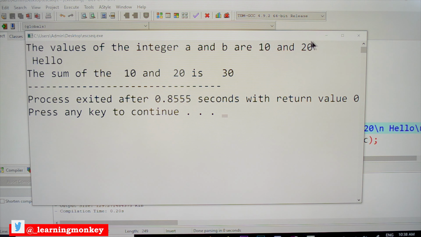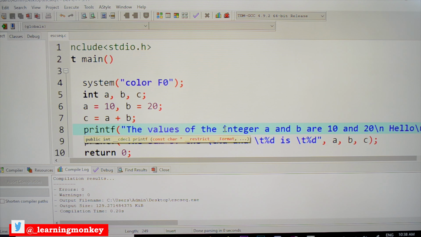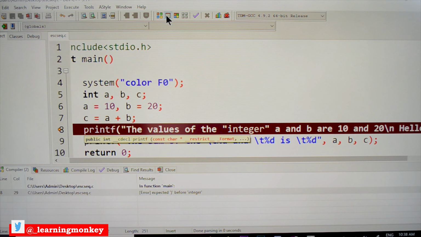And for example, if I want to print double quotes within the statement, just see here, I want to use these double quotes to be printed within this printf statement. So let's check the output. Compile. An error has been generated. These double quotes are getting confused because the compiler is expecting the double quotes somewhere else, but they are in the other part of the program.